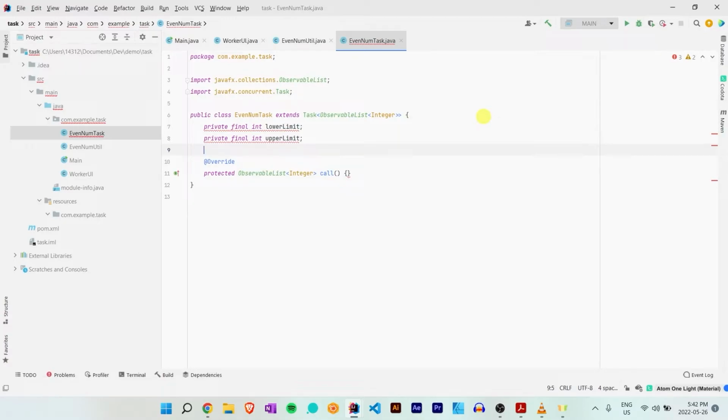And I'll also have to create a private final long this time, right? I'll call this sleepMillis, right, which is the time that it will take the application to sleep. Remember,